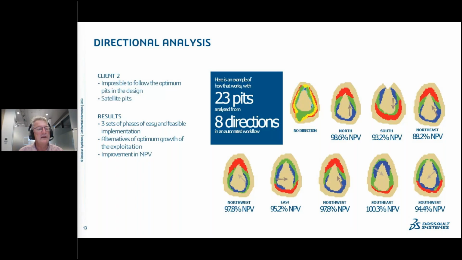So what we did here was we set the system up to run in each of the 8 cardinal directions with the pit development north around the compass. And we ran a series of pit optimizations on that, and compared the net present values that came out of those